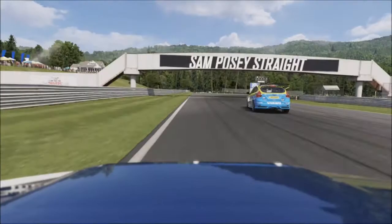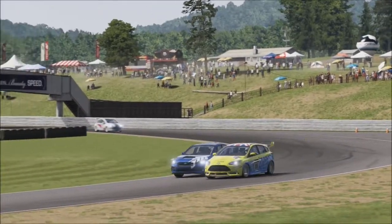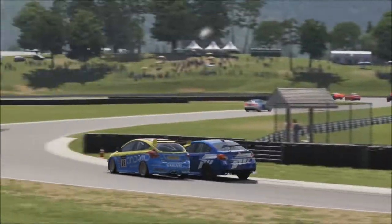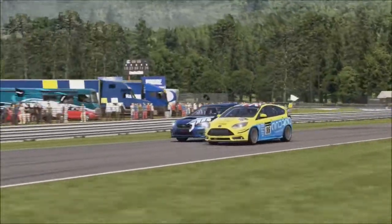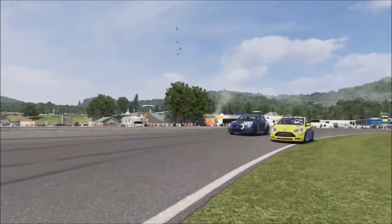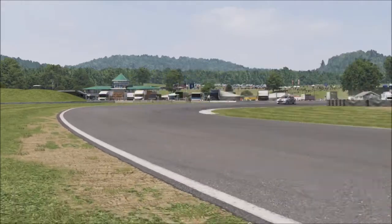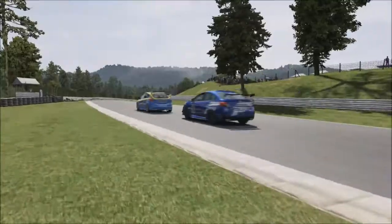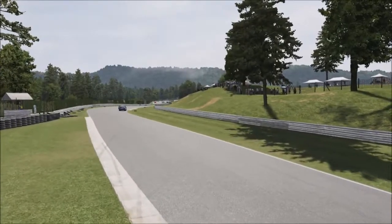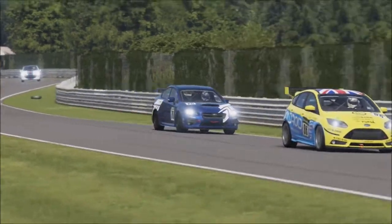I would find my rival from Sebring. I would find the Privateer Subaru Impreza once again. This was the battle for 5th, I believe it was, between me and the Impreza. Again, as I mentioned in the Sebring race, me and the Privateer Impreza driver are kind of similar when it comes to driving skill, and that does result in some pretty good battles, as well as the fact that